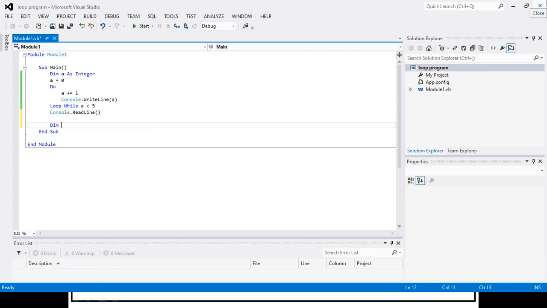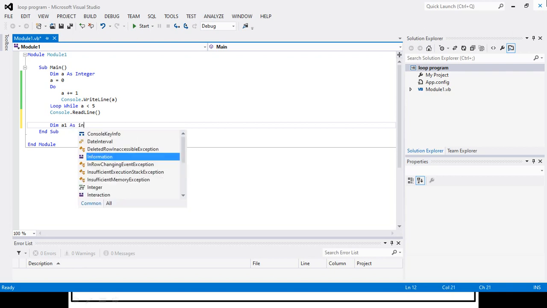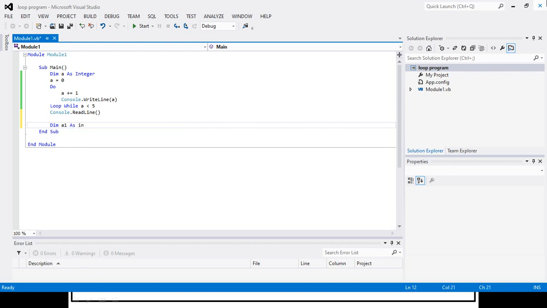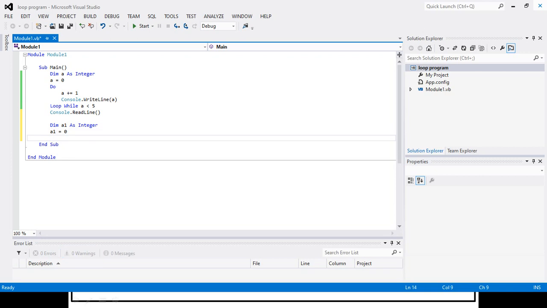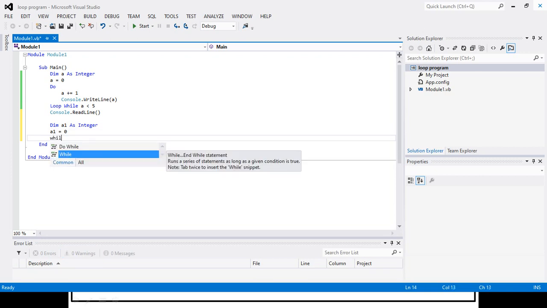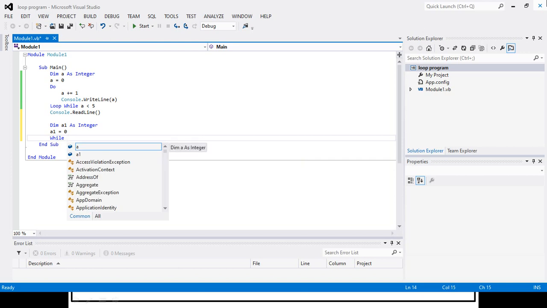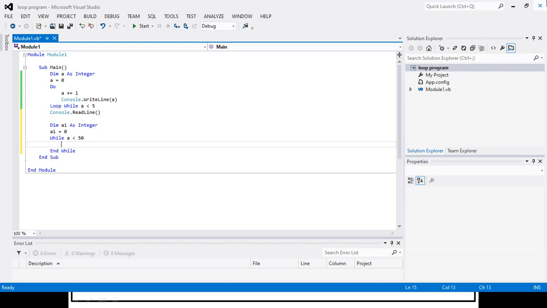Let us say dim a1 as integer, and here a1 equal to 0 for the counter initialization, and after that while, here I will write the condition a is less than 50, and here I will write the incrementing of the counter